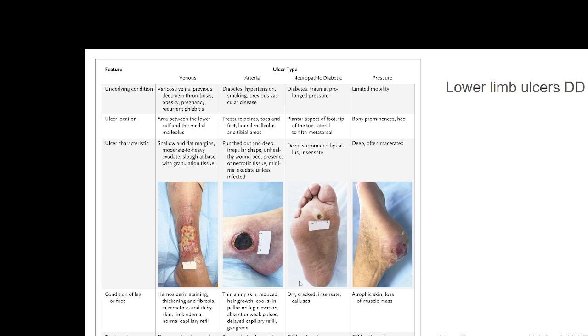Neuropathic ulcers are usually produced over the callus area, and they present with significant callus hardening around the area, and the edge would be punched out, typically punched out. Pressure sores occur at the point where there could be pressure, as in a bedridden patient. Then if you look at the surrounding area in a varicose ulcer or venous ulcer, there would be signs